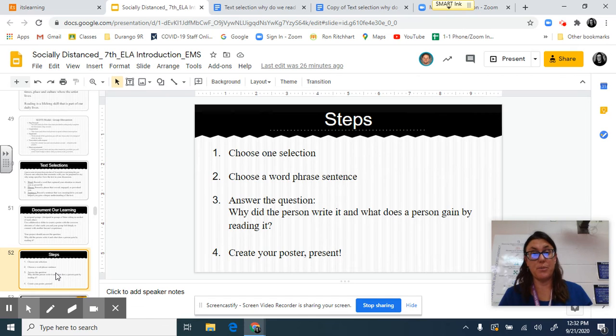You're going to create your poster and present. So if you're working alone, you can do this on paper and then send a picture of it to me and submit it that way, with a podcast piece, or you can hold your poster up and then record yourself and submit the recording to me, or you can hold your poster up on Zoom and present it that way. If you'd like to do paper instead of electronic,